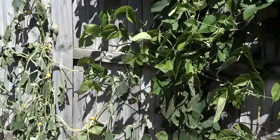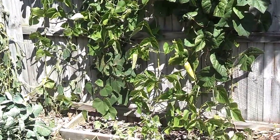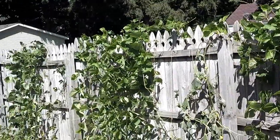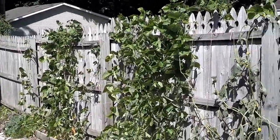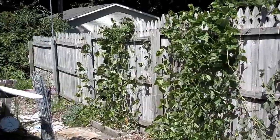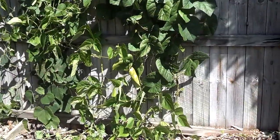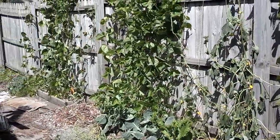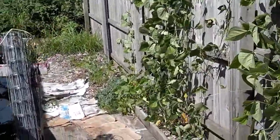And in this area, I've got mainly pole beans. There are grapes mixed in with that too. Cucumbers not doing too good today. I think I got to give them some water, but could also be something else. That looks like water. A couple of brassicas, mustard greens in this area, and as we get further down, kale,